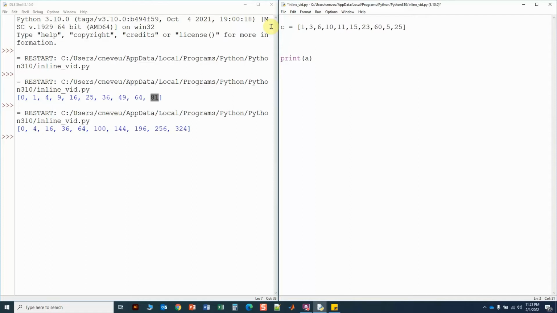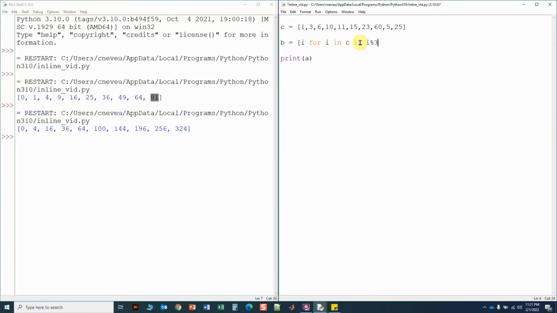Now we can use an inline for loop to iterate through this variable C and extract the important information that we want. So let's create a new variable B, and in brackets say i for i in C. In other words, I want you to add this item for each item in C. So add this item if